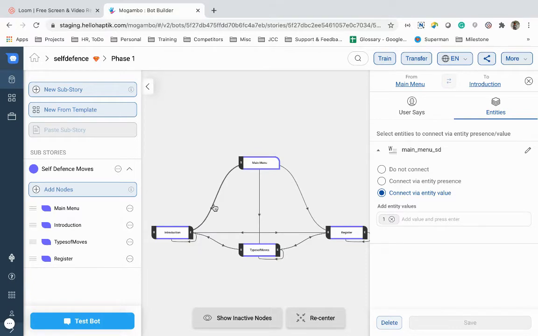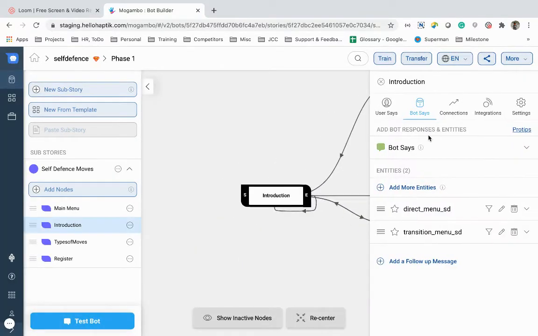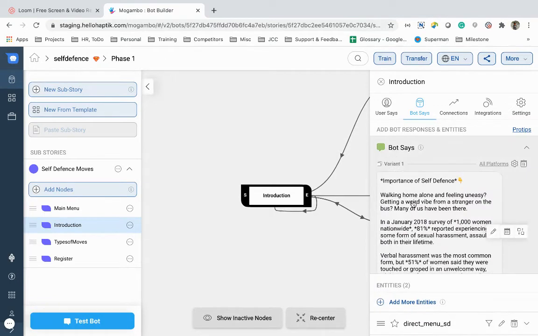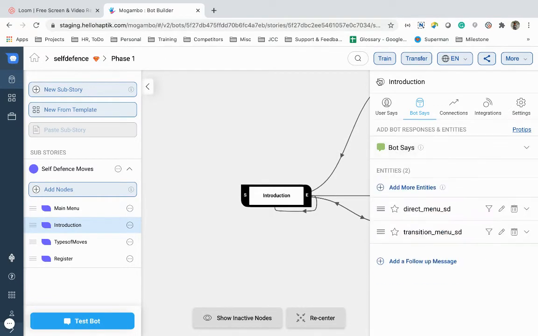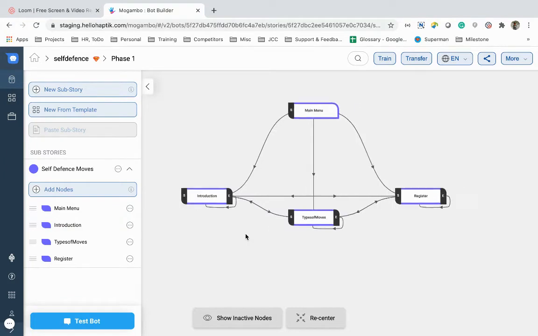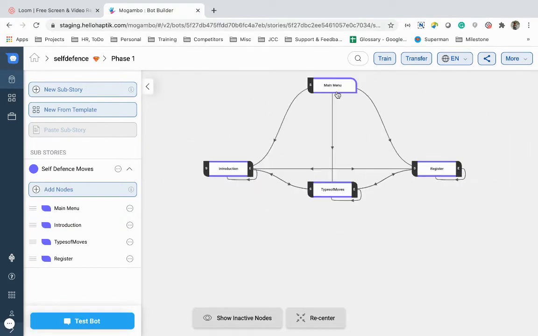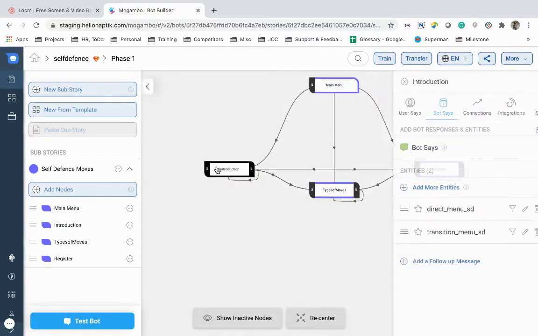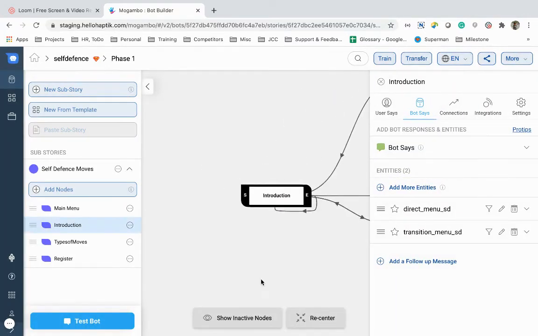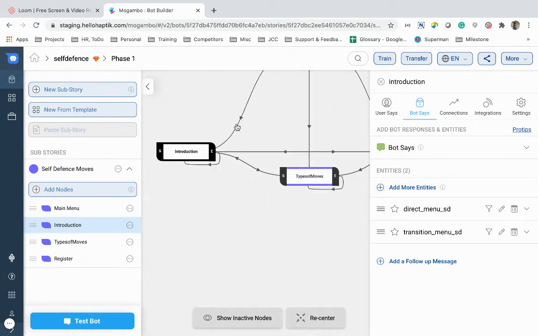As soon as it gets the value 1, it will transition from main menu to introduction. And then it gives out the response, whatever you have given under introduction, bot says. Similarly, it would do a similar transition from main menu to types of moves, and main menu to register. Let us come to the subnodes and see how they are transitioning between these subnodes and when the user is